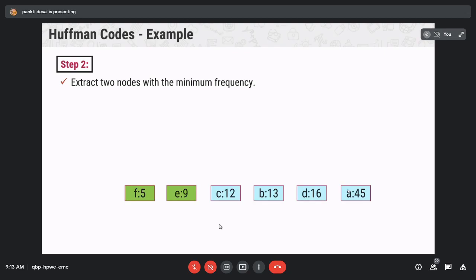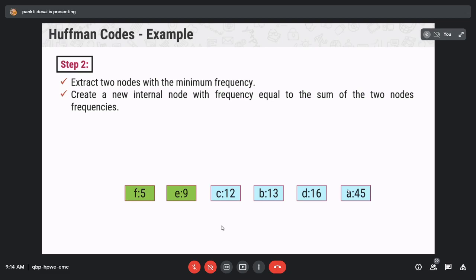We already arranged all the characters in ascending order of frequency, so here we select the first two characters, that is F and E. Select these two nodes with minimum frequency and create a new internal node with frequency equal to the sum of the two nodes' frequencies. Using these two nodes F and E, create one new node.